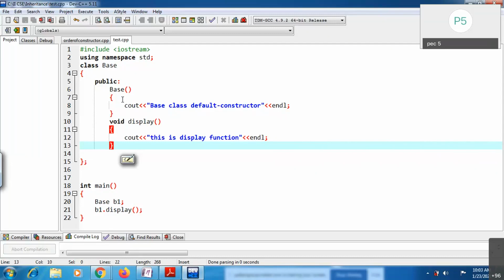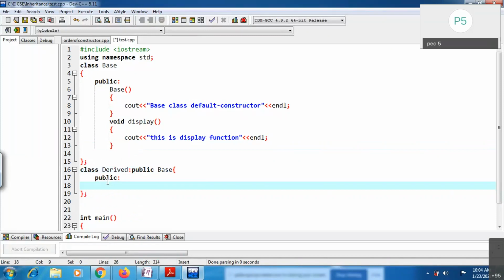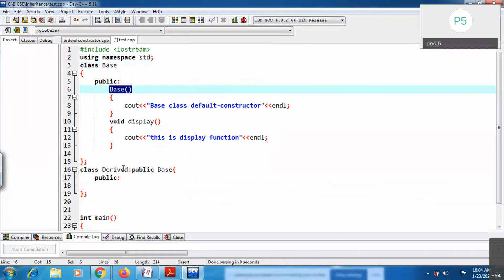Which name do I need to take for the constructor in the derived class? Sir, we need to take it as Derived. See, for the base class you have taken the constructor name as Base. For the derived class, you need to take Derived.